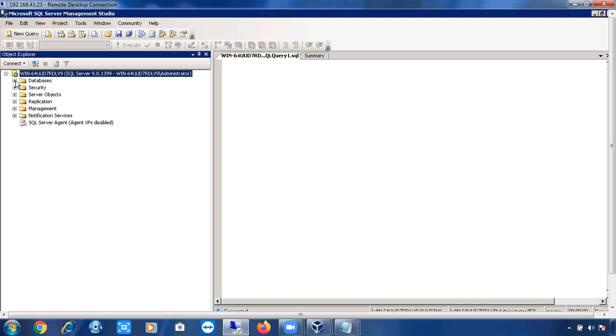It doesn't understand the GUI. GUI is only for our convenience. Even if you click on plus or minus, automatically one query will run in the background. Everything runs as a query in the background, right? So now I want to create a database. What is a database? Database is a